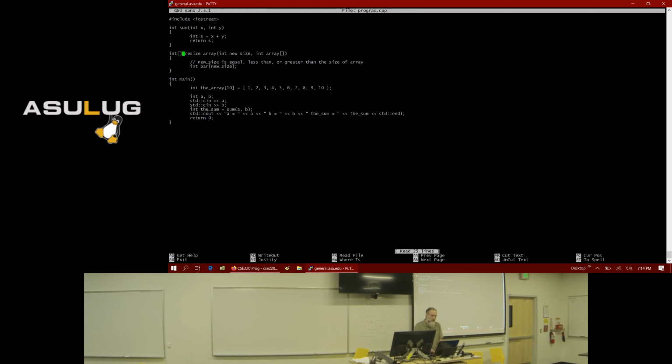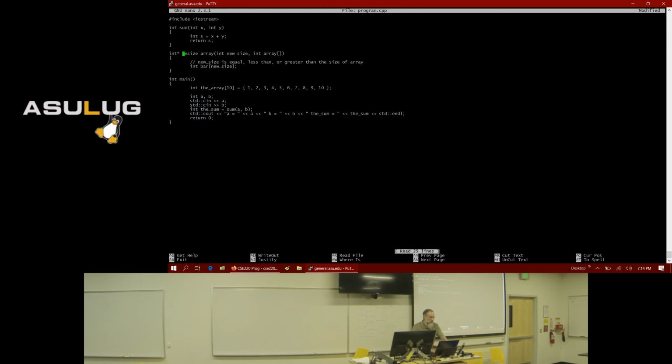The standard way of specifying that you want to return an array from a function. Now, I don't know if you've looked at pointers, if you're familiar with them. The standard way then is we say int star. Int star is speak for pointer to int.